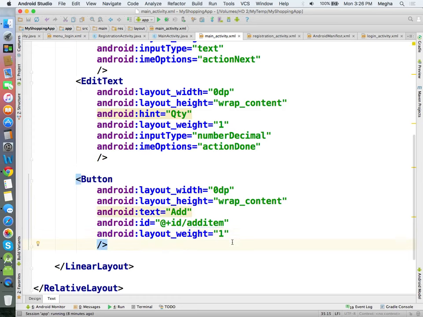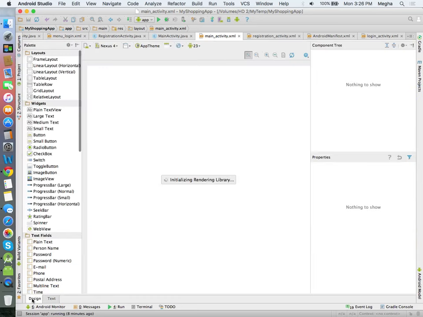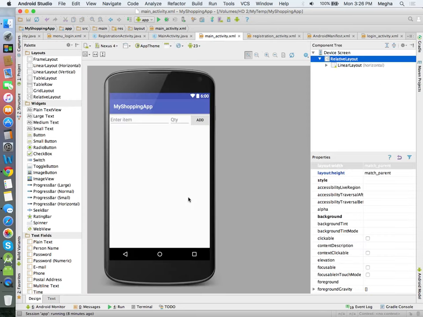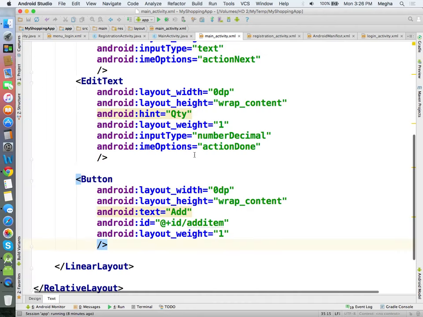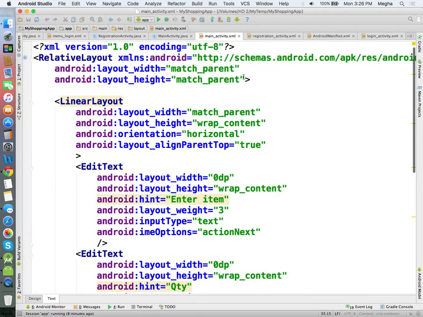What I tried to add on the top is this one: item, quantity, click add, and the item will appear just below that. Let me add a couple of them.